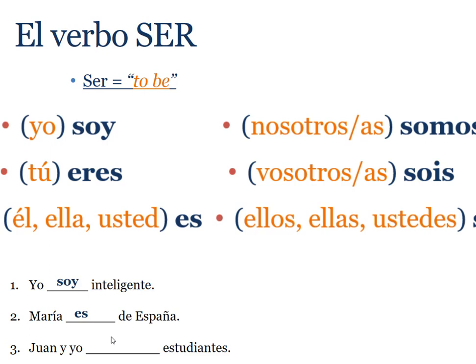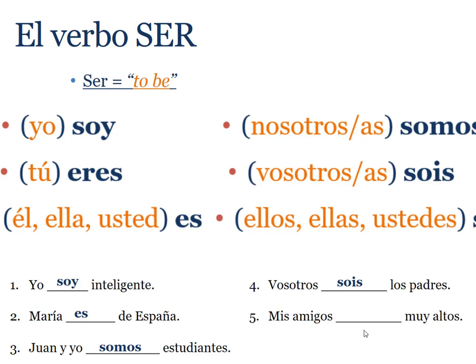Juan y yo. Juan and I, it's like we, right? Because I'm including myself as someone else. And I is going to always be that one. Somos. Vosotros, that's easy. It's already there. So vosotros is going to be that one. If you see someone y tú, instead of someone y yo, someone y tú, it's like you guys. So that you guys will be using either sois in Spain or this son, S-O-N.